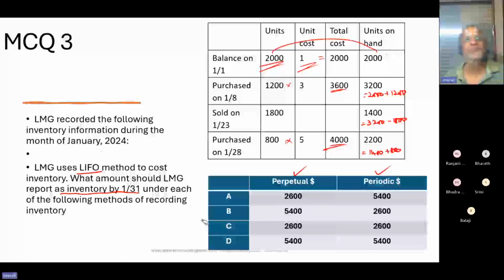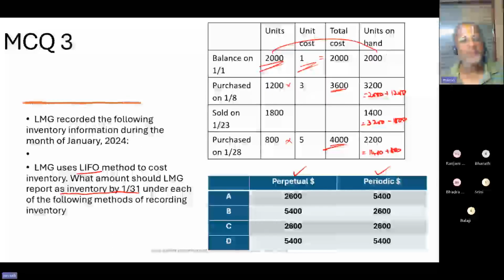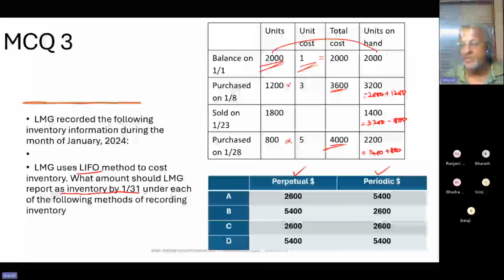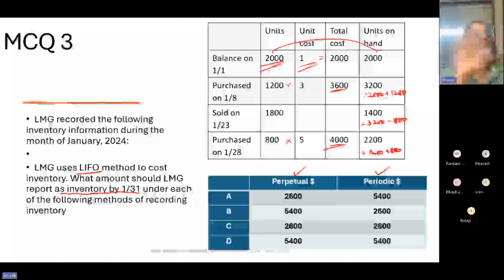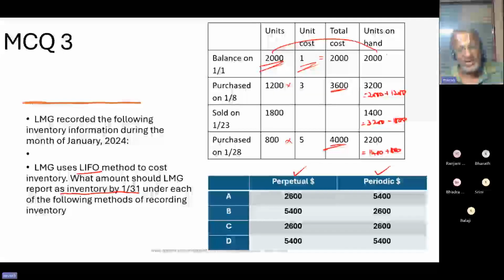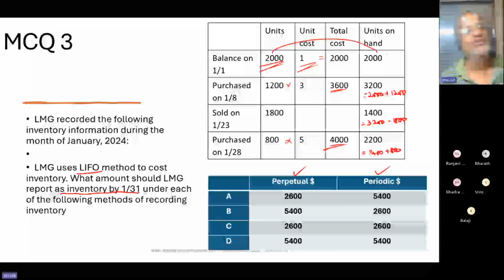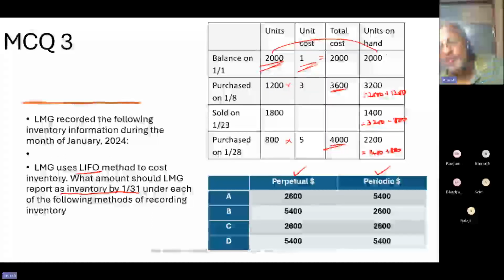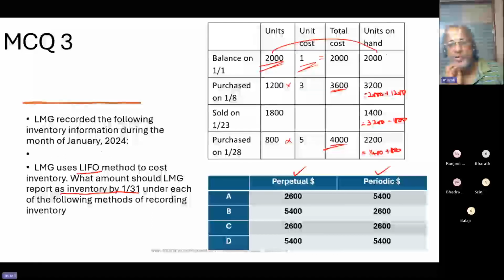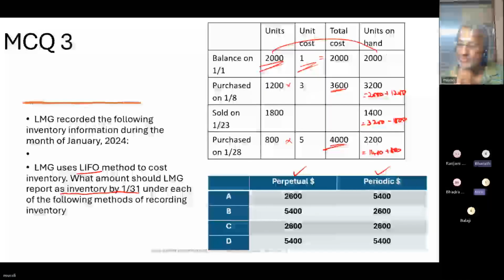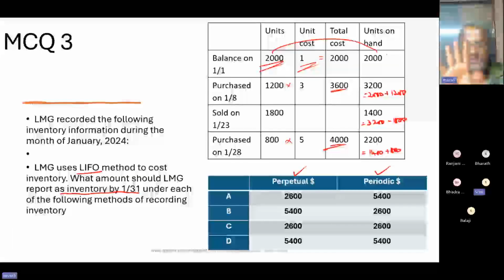Whatever we do in the classroom may be LIFO. Under examination conditions, the same problem will come with FIFO. So don't waste time working it out. Straight away select D, and I'm 200% sure that that is right. There is no other alternative where these two numbers are equal. Can you just check? Oh, you have C also. Same way, C can be eliminated too. I'm just telling you.